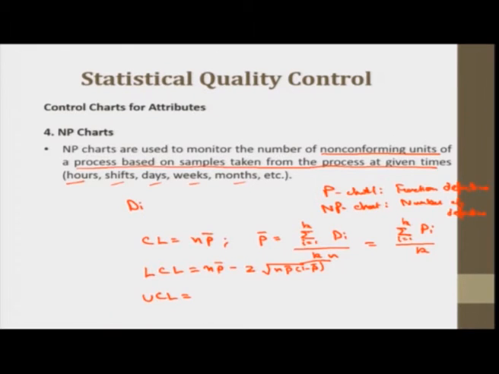It was P bar minus Z into the square root of P bar into 1 minus P bar by N. If we multiply N here, the N goes inside, it becomes N square, so one N is cut. So we get this value, and the upper control limit would be NP bar plus Z times the square root of NP bar into 1 minus P bar. This is Z, small z, where this multiplier, the value of Z, is generally set to 3. The false alarms or out of control signals are given when the process is not in control.